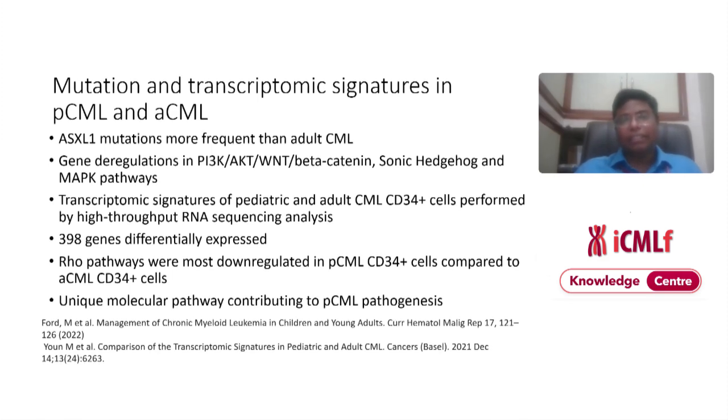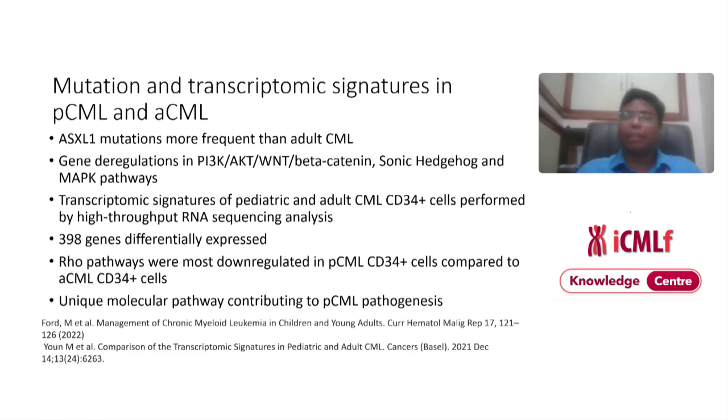There has been a study where transcriptomic signatures of pediatric and adult CML CD34 cells were analyzed by high throughput RNA sequencing. They found that a lot of genes were differentially expressed between pediatric and adult CML. The key pathway that was downregulated in pediatric CML CD34 cells was the Rho pathway, and it is thought that the Rho pathway might be one of the unique molecular pathways which may have a role